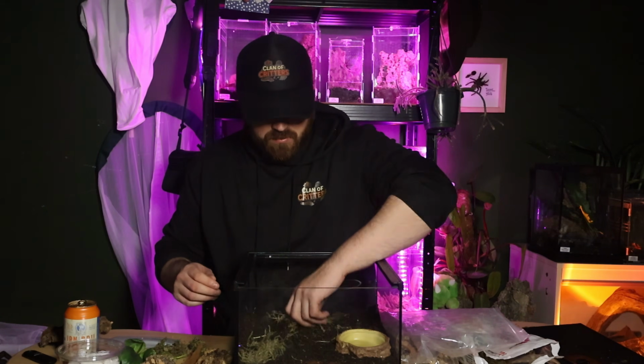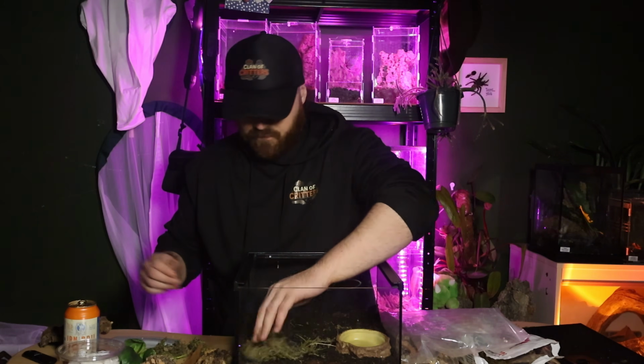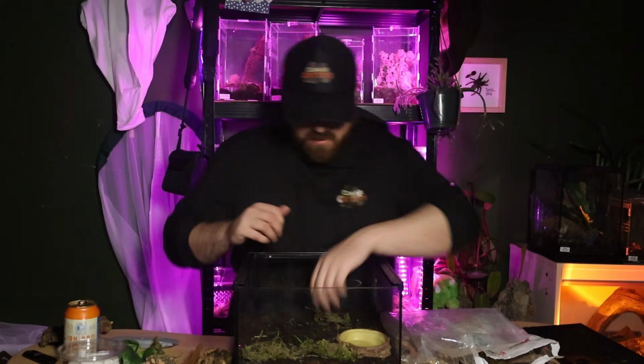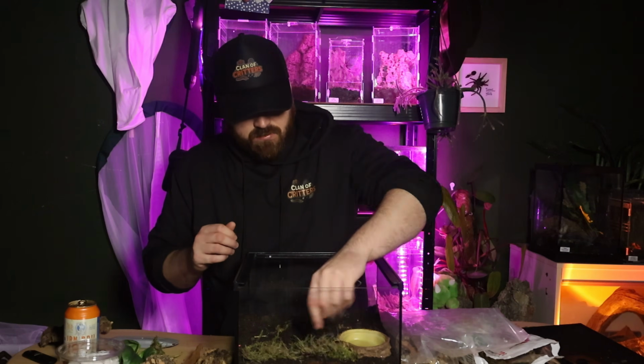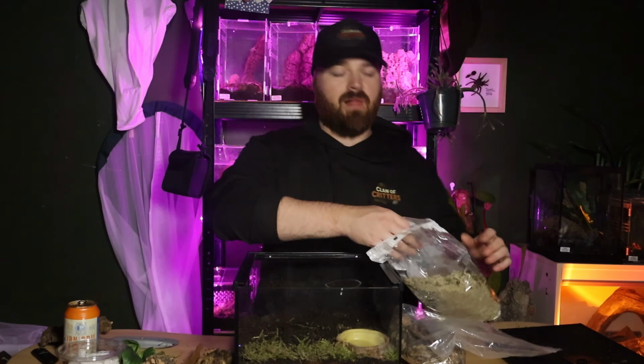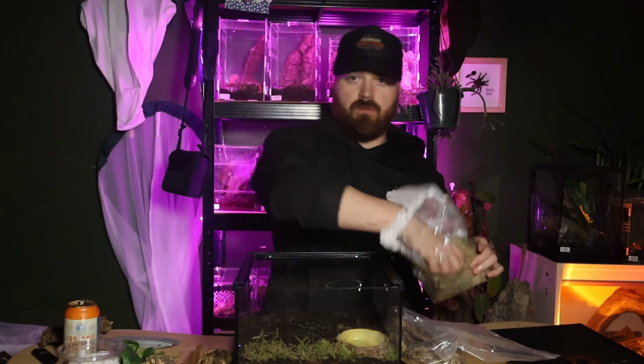Just going to press that into the corner there, and along the front. Got a little stick with some moss in it that I think I'll pop beside the water dish there. Some more moss at the front, maybe some on the side here. And now that I've got my live moss at the front, the rest of the moss I'm going to use